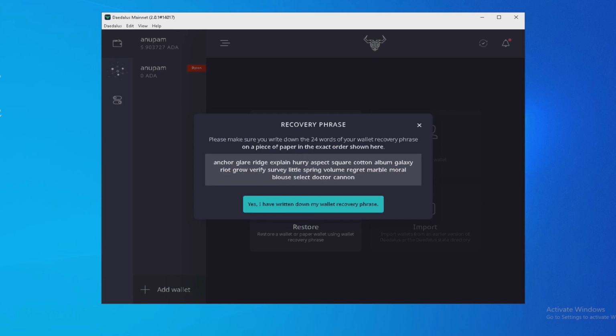So I have noted down my seed phrase, and now we will continue. So simply enter those seed phrase words.